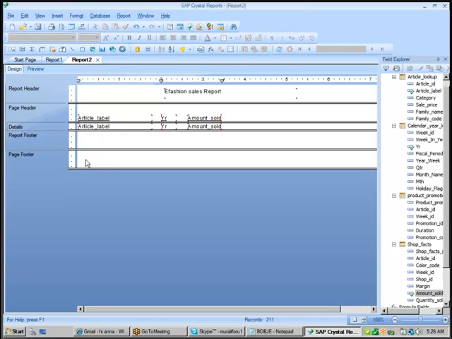And what is report footer? What is page footer? Report footer is basically, if you want to write some footers and headers in the document, you will write them when the report gets created. Suppose you want to add